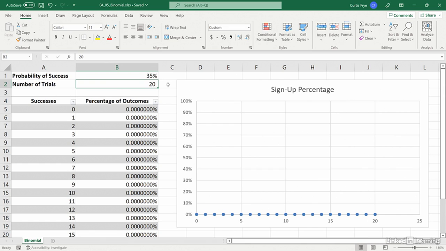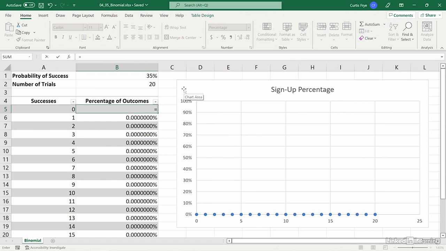To create our formula, I will click in cell B5, and this is an Excel table. So when I enter this formula in the first row of this column, the formula should be copied down. So I will type in equal sign, and the function we'll use is BINOM.DIST. The number of successes is in cell A5, so the first calculation will ask about the probability of getting 0 successes, in other words, no one signs up, and a comma,